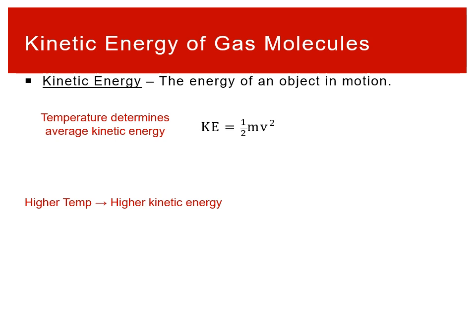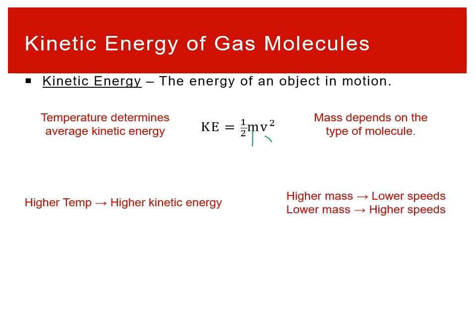Doesn't matter what type of gas you have. Again, it doesn't matter what the gas is. That higher kinetic energy is just based on temperature. So the other side, though, mass comes in. And mass depends on the type of molecule that you're dealing with. So we can see that this kinetic energy is just locked by temperature. So once you have a temperature, on the other side of the equation, you have the mass and you have the velocity. So if you have a higher mass, the m term is bigger, so the v term has to be smaller. So molecules with high masses have lower speeds, and molecules with low masses have higher speeds.